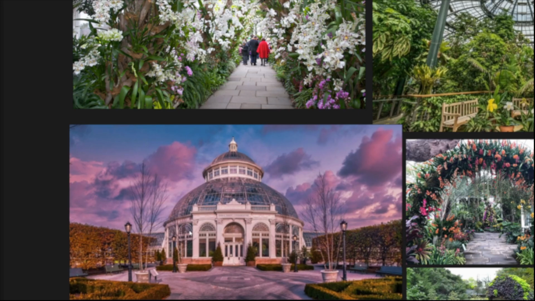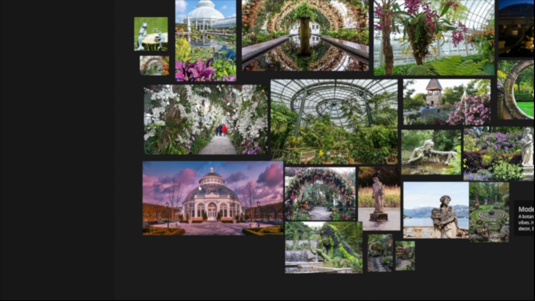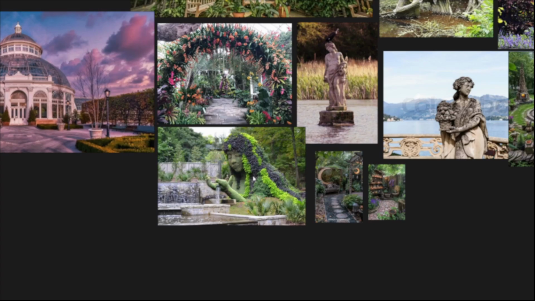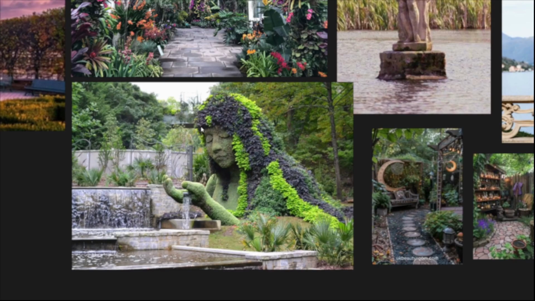Gorgeous area. But this particular rotunda is what I'm thinking without the branches coming off of it. Just like a small Victorian style greenhouse as opposed to a huge place. And I think that I can do that pretty well. This statue here is a Gaia statue from the Atlanta Botanical Gardens in Georgia.